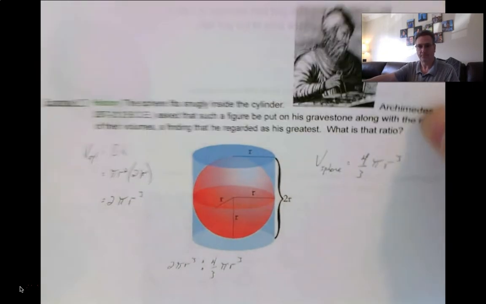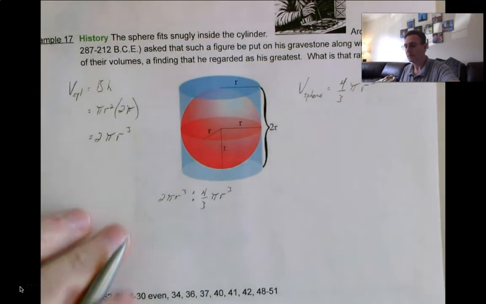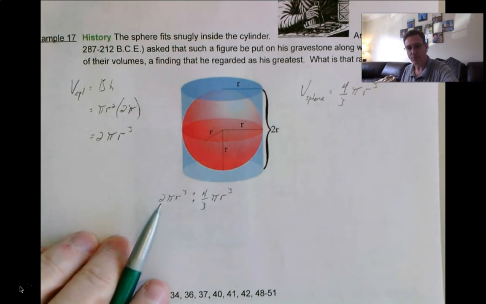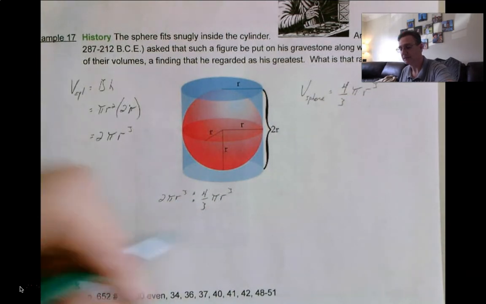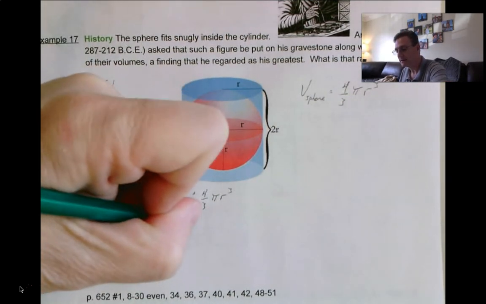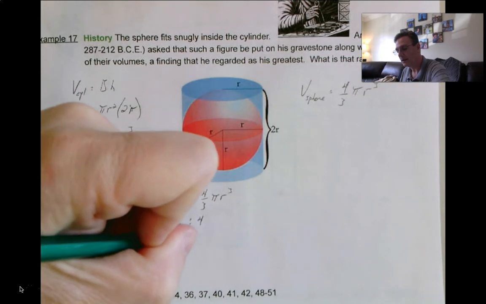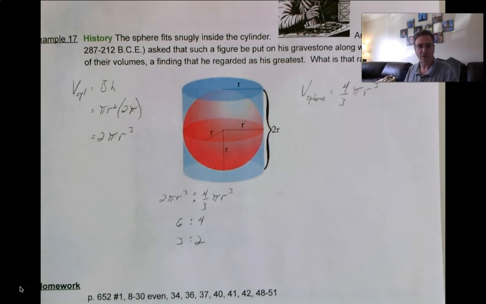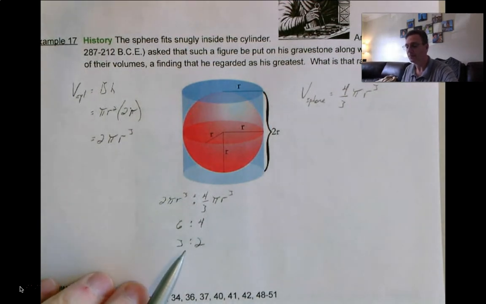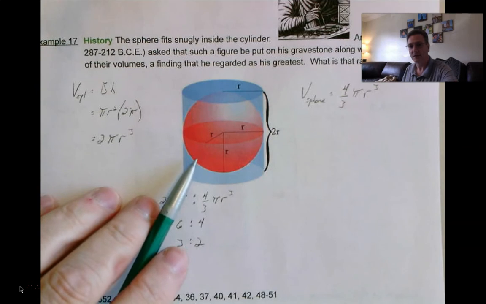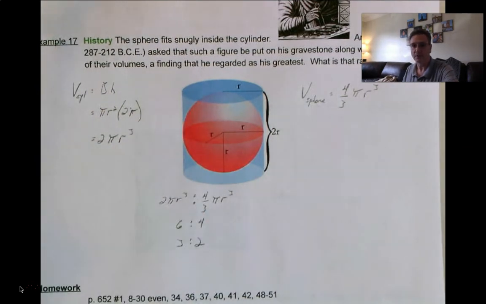Okay. I'm going to multiply both sides by 3. Divide the pi, divide the r cubed from both sides. So I'm going to have 6:4 or a 3:2 ratio. And that is, so the volume of the cylinder is in a 3:2 ratio to the volume of the sphere. Okay? And that is what Archimedes regarded as his greatest